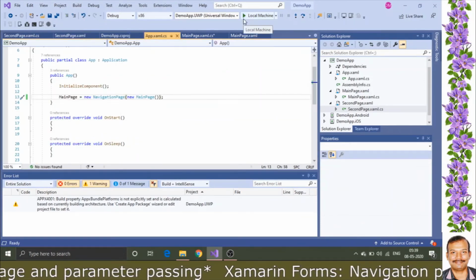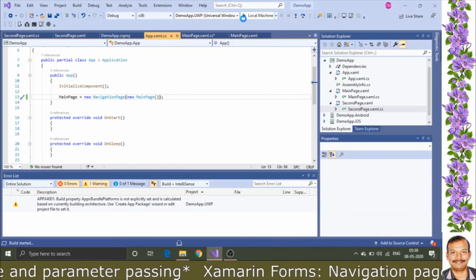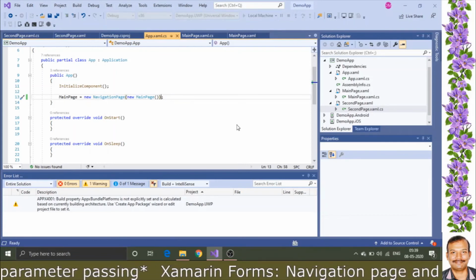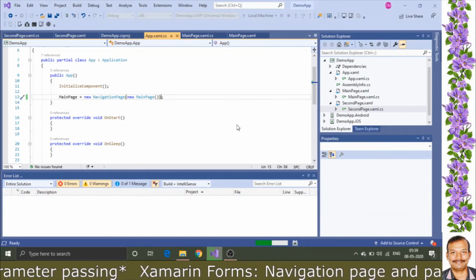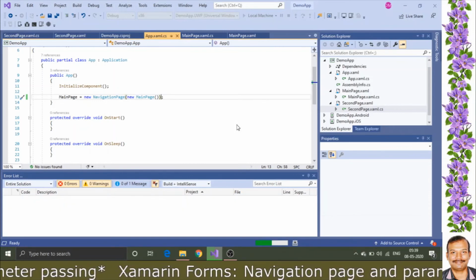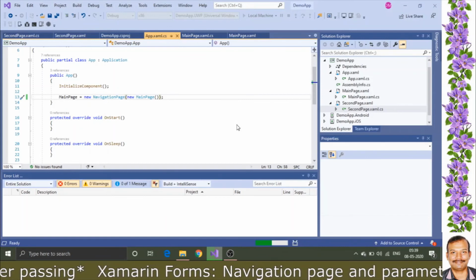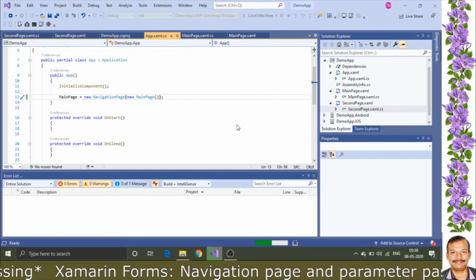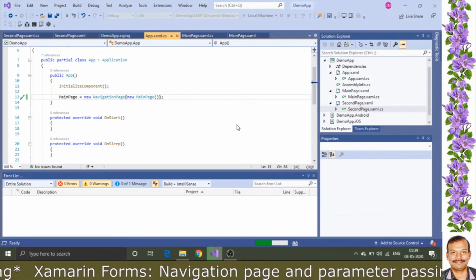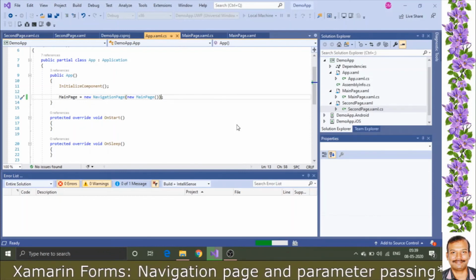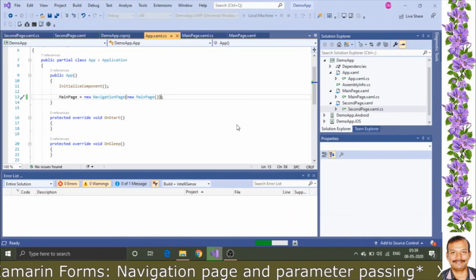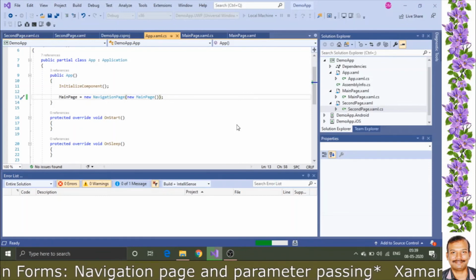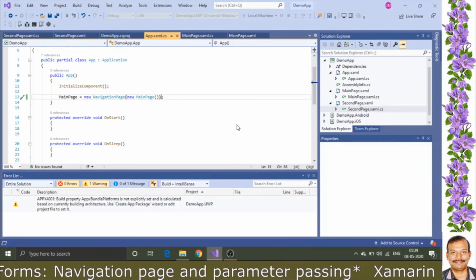Now we'll run the application. So between two pages, or between any two entities, if you want to pass values or parameter values, how we do that is what we are discussing now.